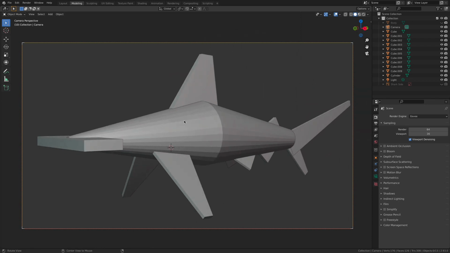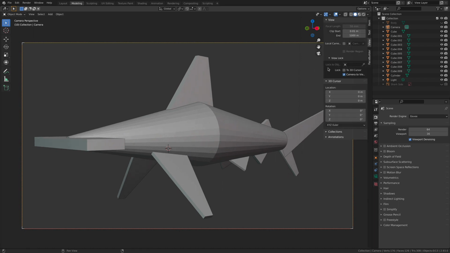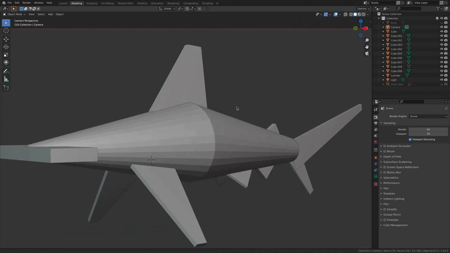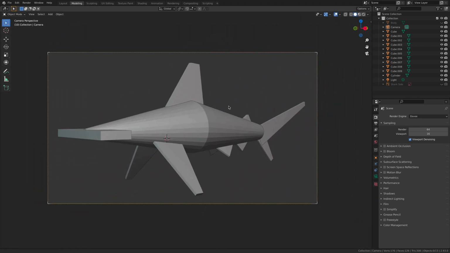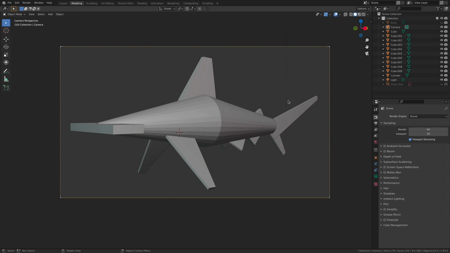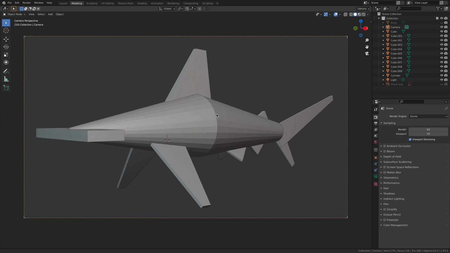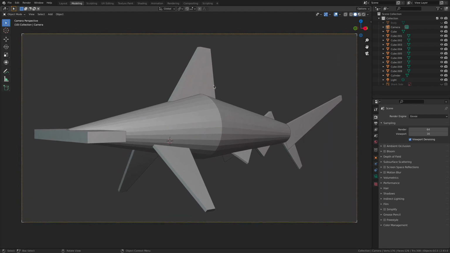So why it's hidden is that we can turn it on, and then we can turn it off when we're ready to go. There we go. And now I can zoom in and zoom out. I can pan around. Notice that the relative position of my camera in relationship to my shark isn't moving. That's pretty cool. All right, so we've set the camera composition. This is the orientation of the shark in the picture. I'm pretty happy with this.